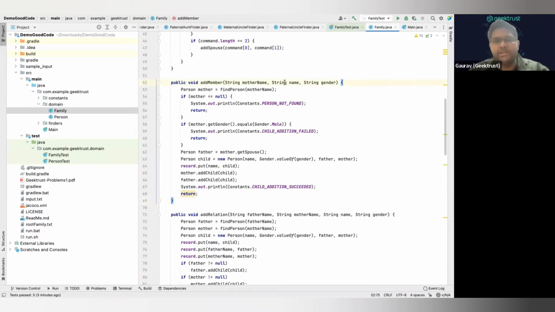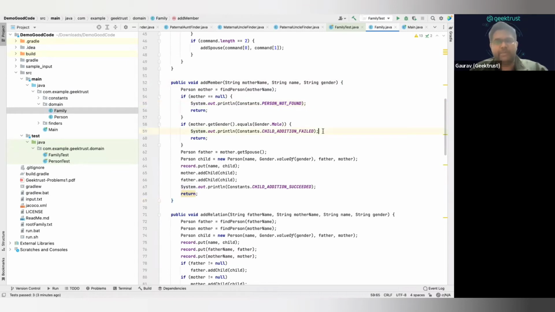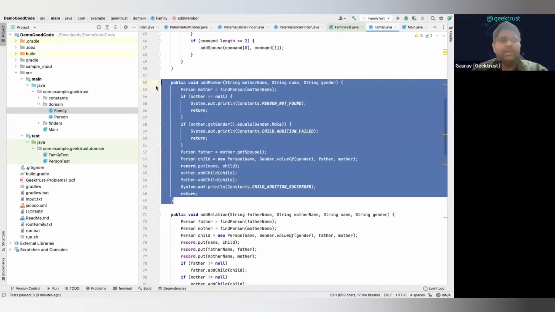The reason why this method is not testable is because it doesn't really return anything. It's returning void, and the only output we're getting from this method is that it prints something on the console. Someone can argue that since it's printing something on the console, we can just check the console value and figure out whether the method ran correctly. But that's not the ideal way of testing a method's functionality,